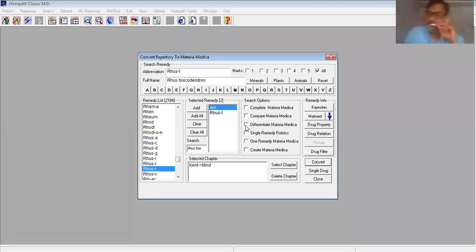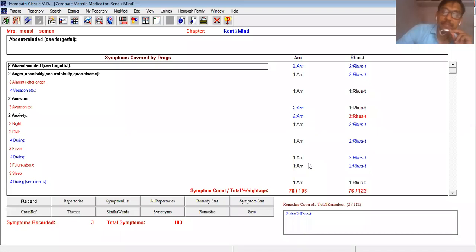And now I will select the option of compare materia medica. When I click on the button of convert, it will give me the information about all the mental symptoms of Arnica and Rhus tox. See, within a fraction of a second, it has given us the information that there are 76 mental symptoms of Arnica and Rhus tox which are similar.